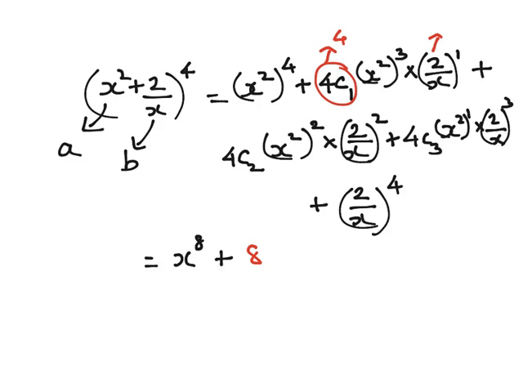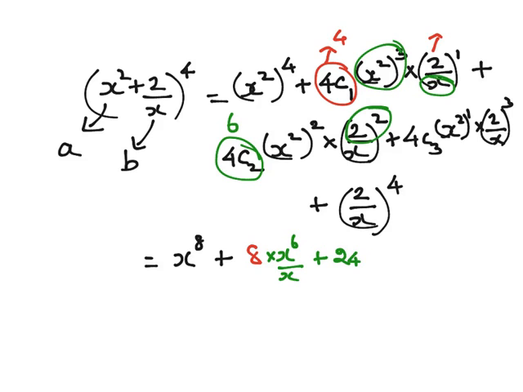So this will become x⁶, so 8 into x⁶ by x, this x will come here. So plus the third term is, and this 4c2 is nothing but 6, and this 2 square is there, so that will become 4, so 24 times, this will become x⁴ into 1/x²,